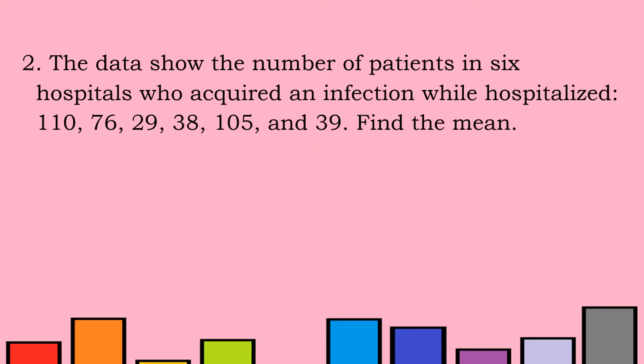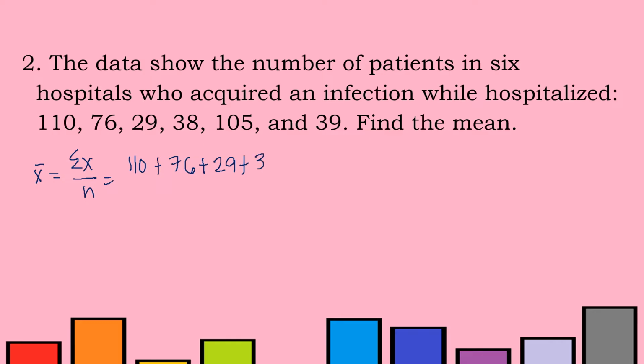Next, let's have this one. The data show the number of patients in 6 hospitals who acquired an infection while hospitalized. So let's find the mean. Same procedure. Write the formula: summation of x over n. Write the given data. So this is 110 plus 76 plus 29